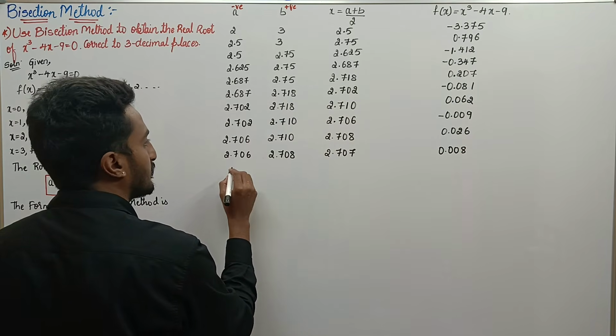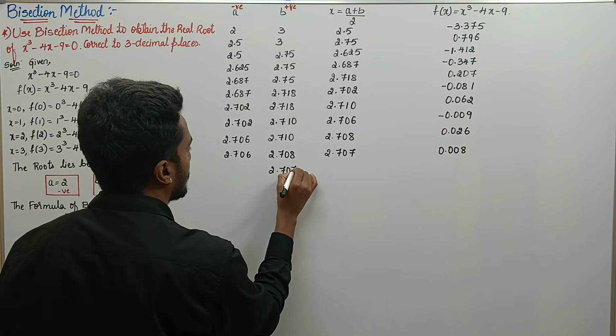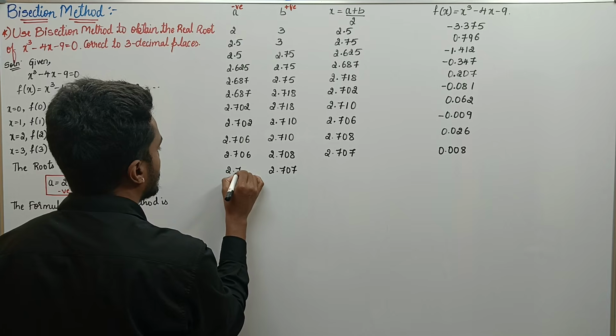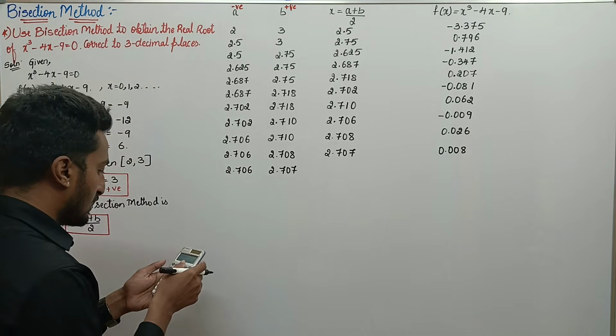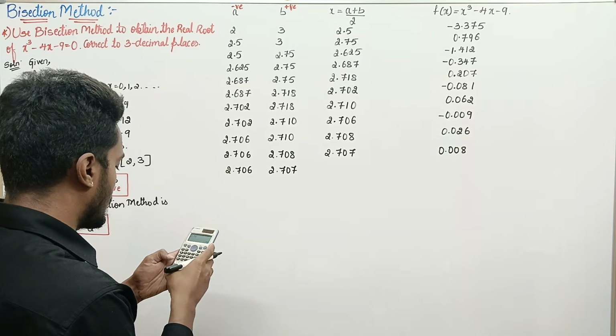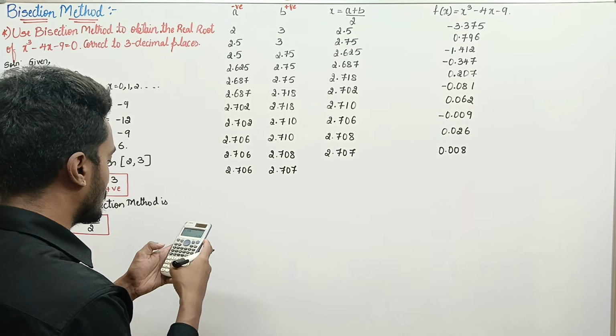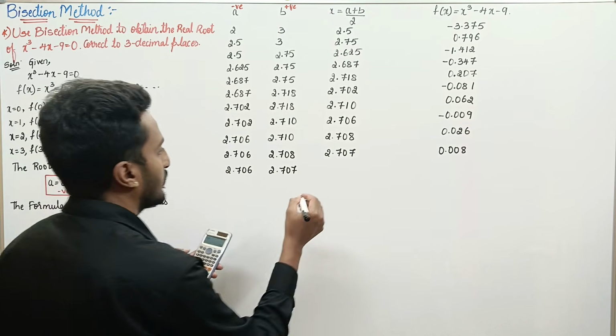Now since it is positive, replace with respect to the positive term, that is 2.707 and 2.706 will be the same. Done. Now a value calc, value of a 2.706 equals b 2.707 equals, you get